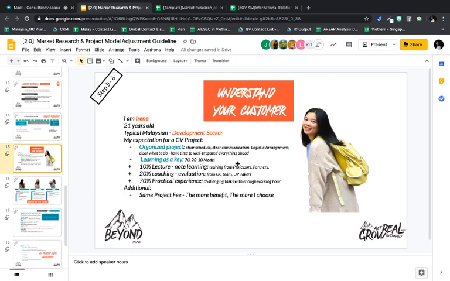But the frustration from iGV to OGV, maybe you rarely share this kind of thing for iGV. So okay, the thing is, you know that your strength is you understand the EP frustration, right? You should share it with iGV in order for them to adjust their model to make sure of the EP experience. So this is the whole intention why I put one of the tactics regarding iGV project model adjustment.